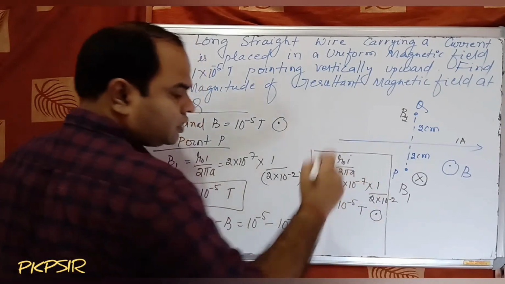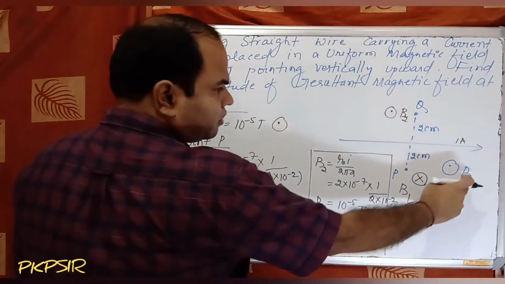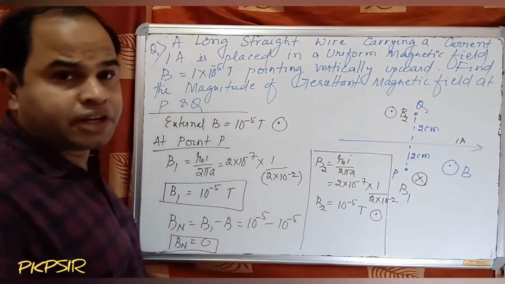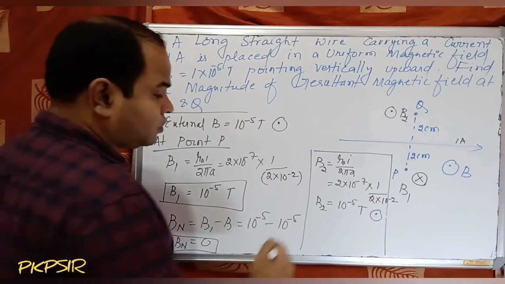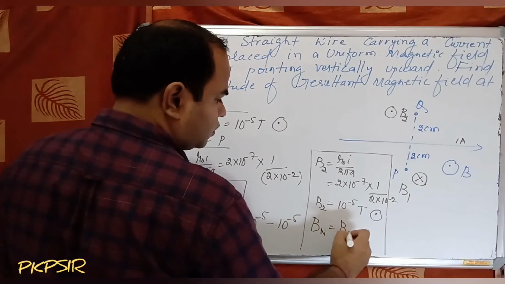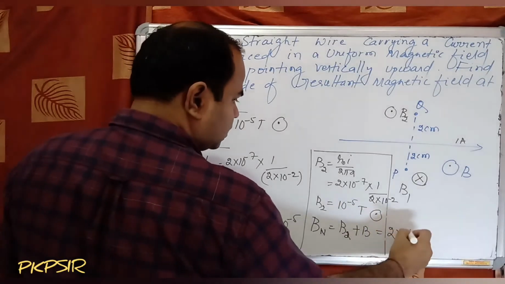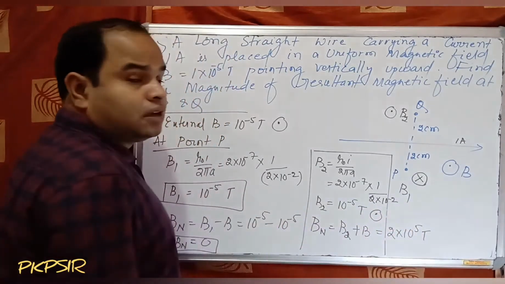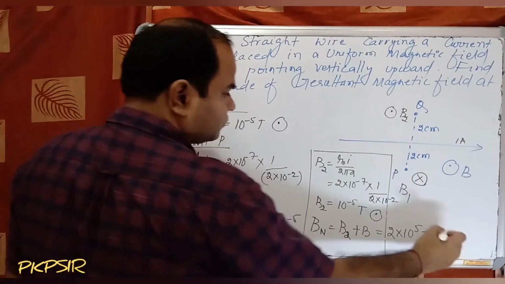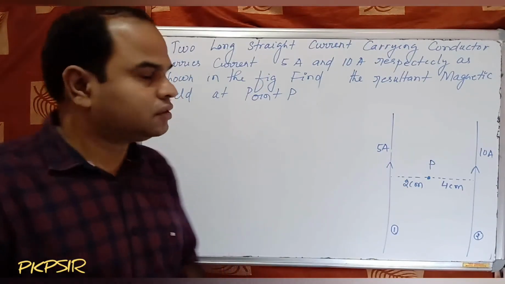So B2 is outward, and the external magnetic field direction is also outward. So the resultant B net is equal to B2 plus B. So that is equal to 2 into 10 to the power minus 5 Tesla. The direction is outward. Okay. The next question is about two